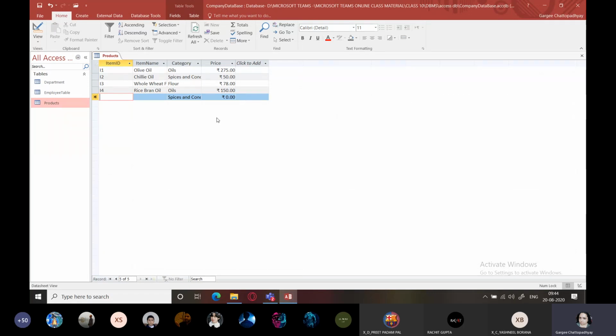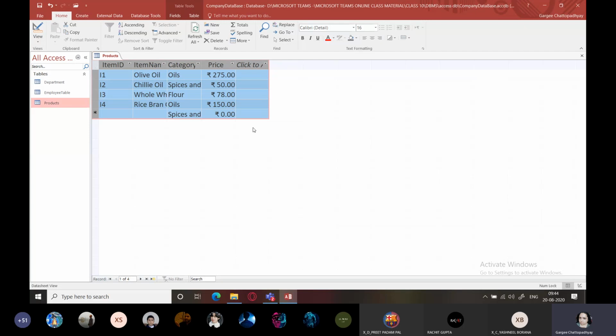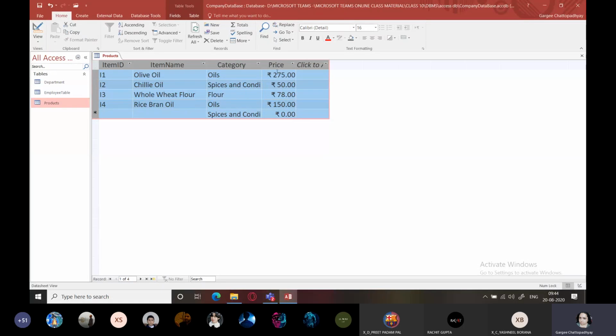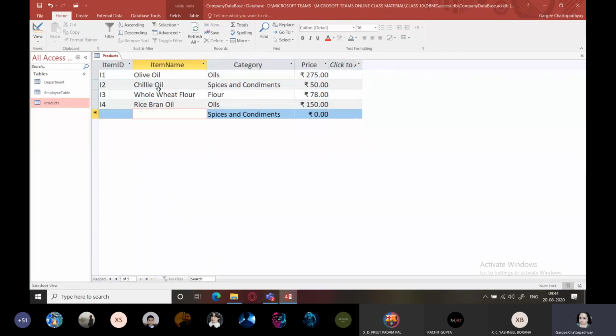Okay. So this is it. We have completed lookup and relationship also. Now a few things on the table. So I'm going to first increase its font size. Now on this table, I can also perform a lot of operations. Like I want to display the total price of all the items. How to do that? So for that, you can just place your cursor anywhere and you can go to your table tools